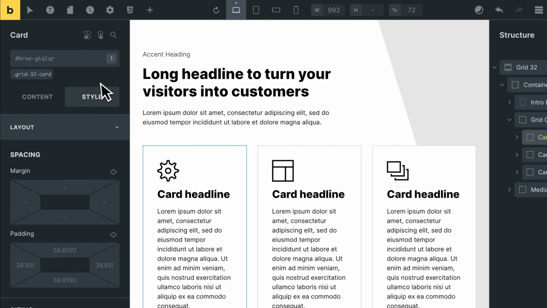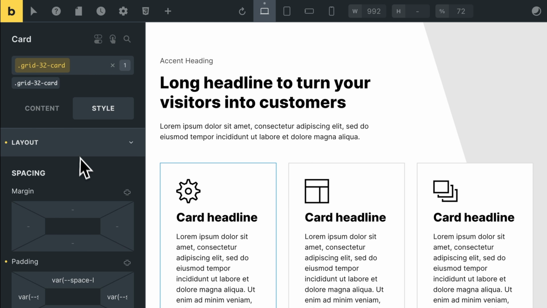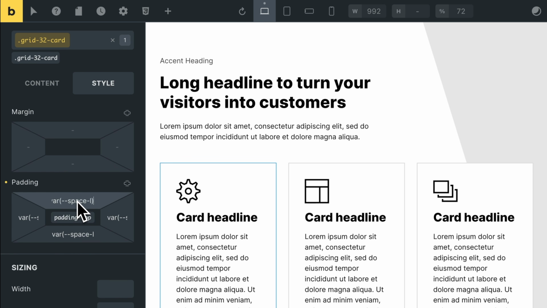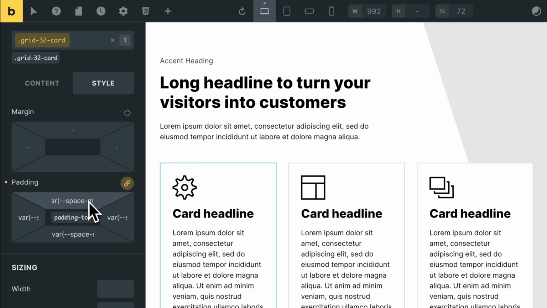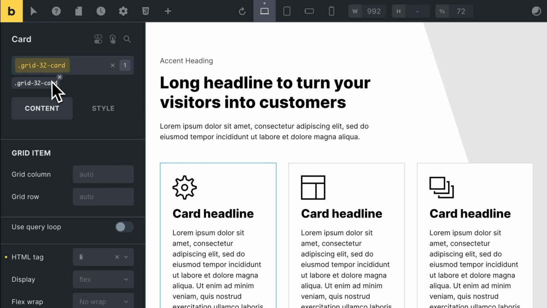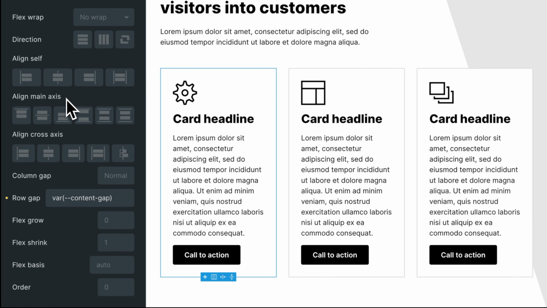And then select the class just to check out the styles. Let's have a look at the padding. Excellent. That padding is set with an ACSS space variable as well, and I could maybe pop that down from large to medium in this case. That's space M. I want to check out the content gap spacing as well. So content gap is back up in content, and then whiz down to row gap.